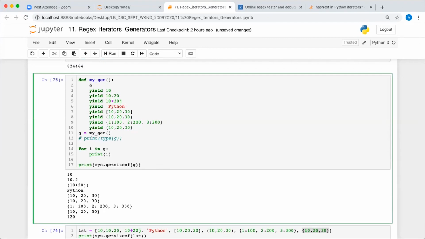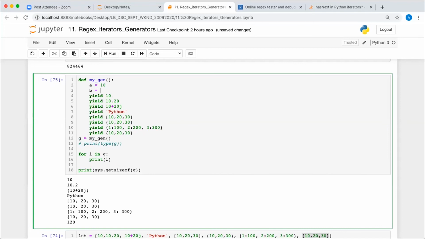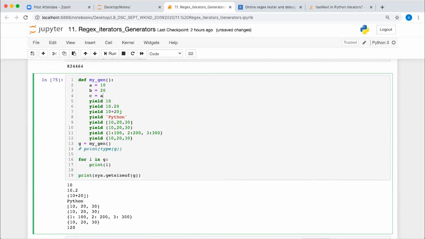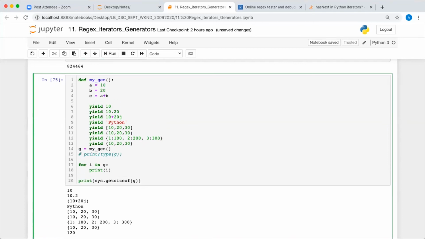So let's say you take two numbers, and then you can do the summation, c is equal to a plus b, and you can yield c also. First this will be executed only once, but not every time. Once the yield statement starts, it will execute yield one by one, the number of times the loop will run. Okay.